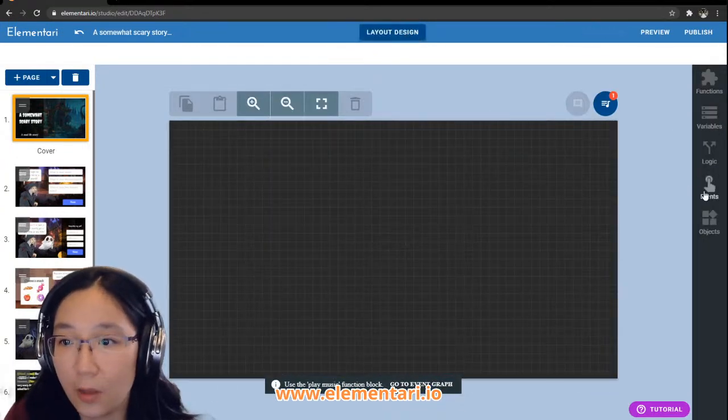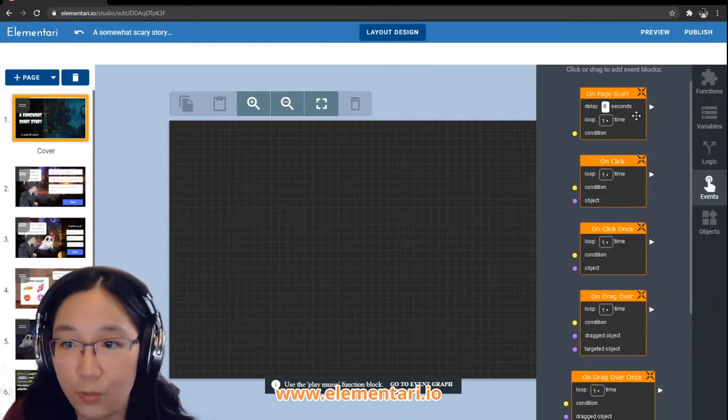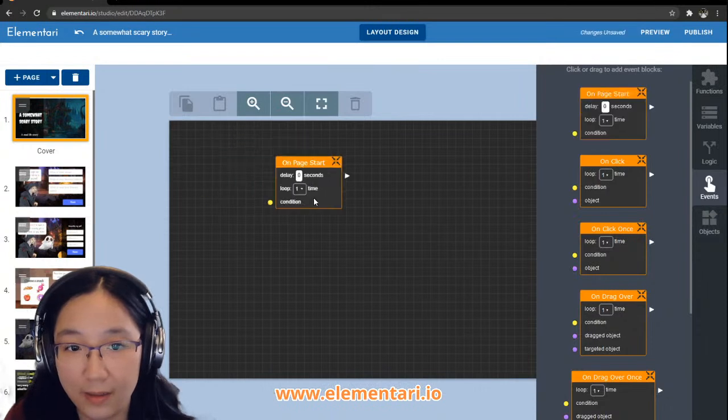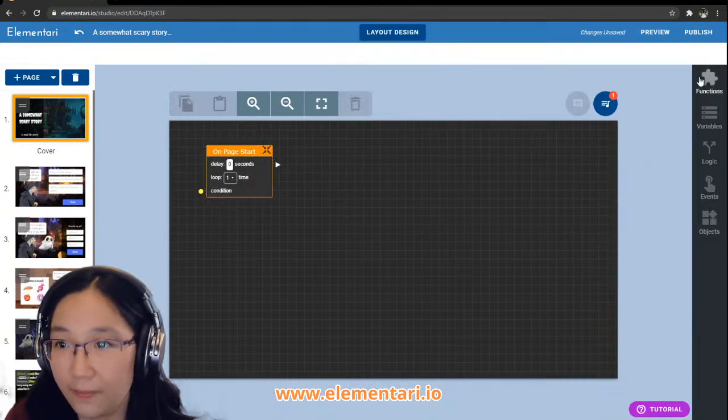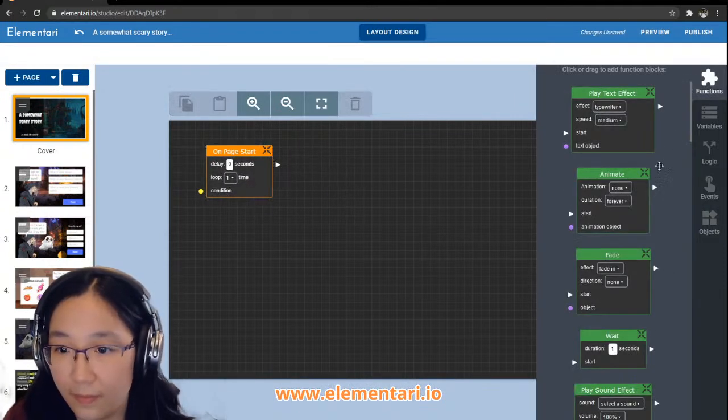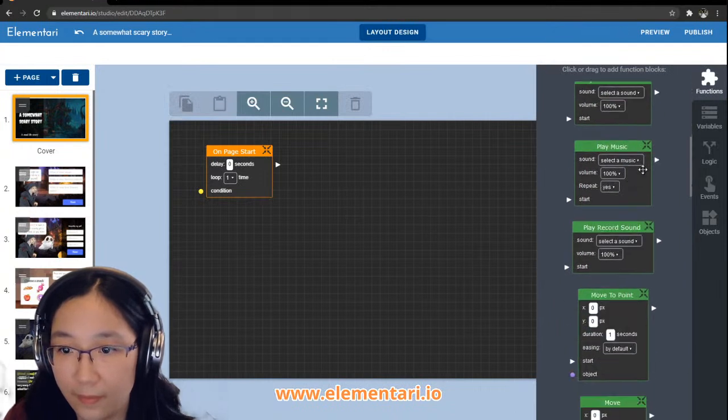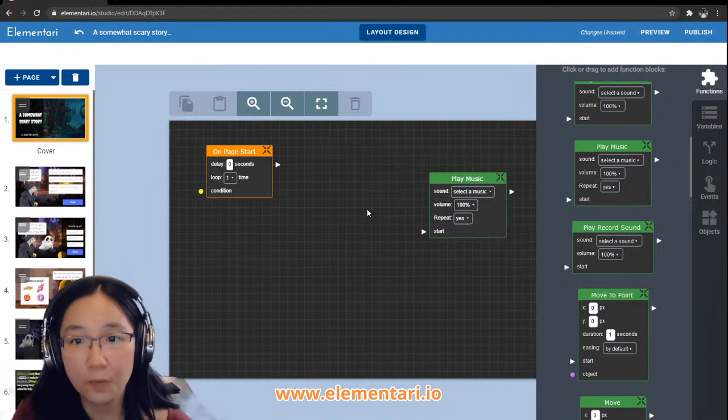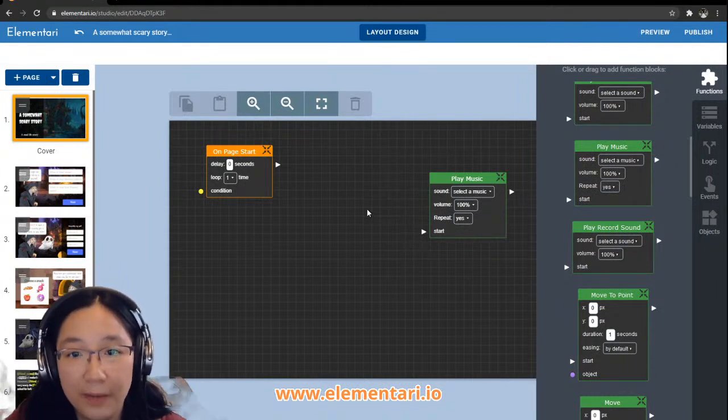So who wants to help me code it so that it plays when the page starts? Someone want to help me? Okay, great. So help me code by connecting the blocks together. So on page start, what are we doing? Yep.